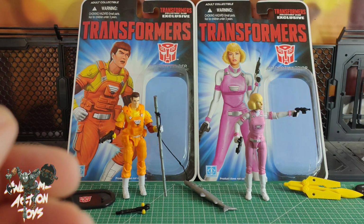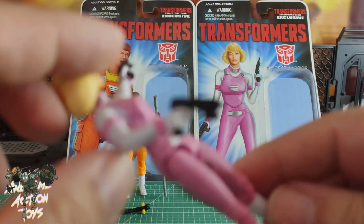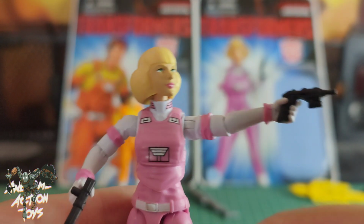Or the right hand that's sort of pointing down, she can't hold particularly well. So this gun is actually going downwards, not straight. And this one is going straight. And then Arcee herself,